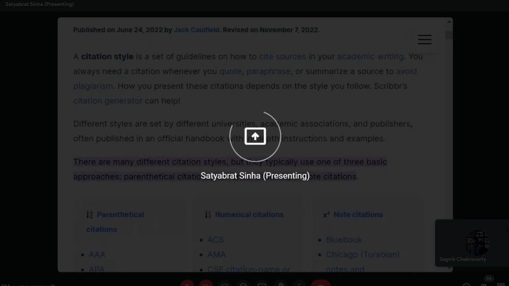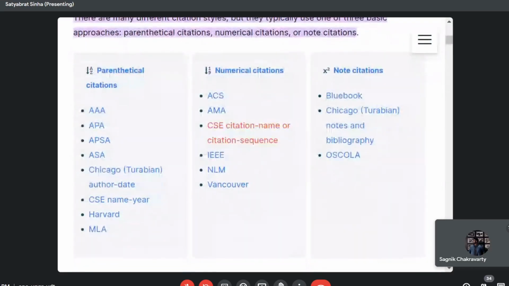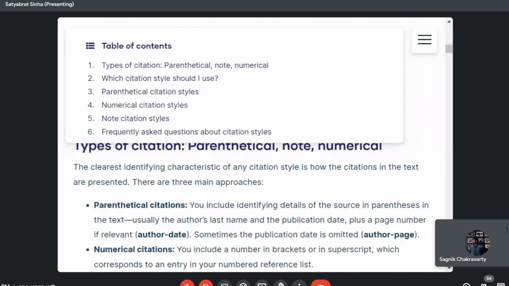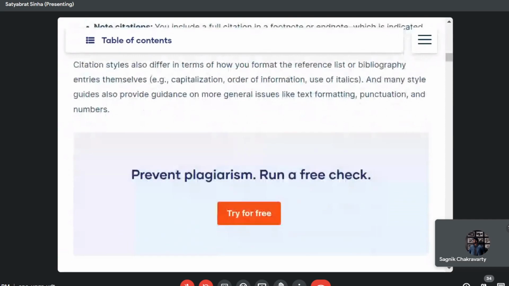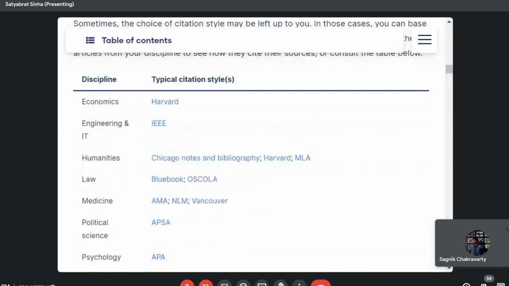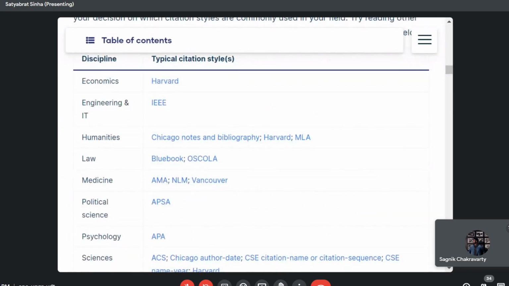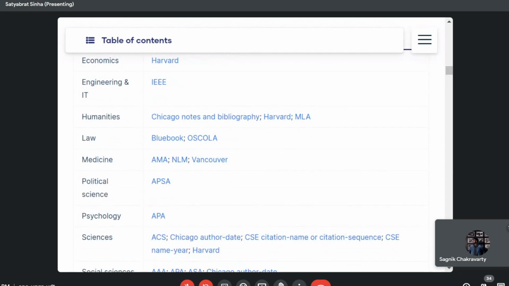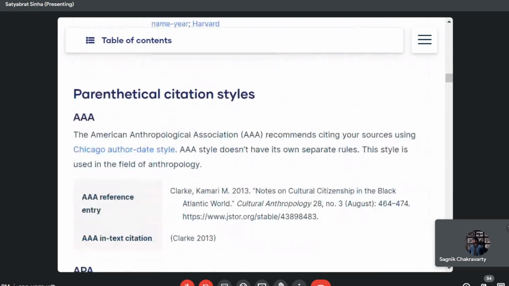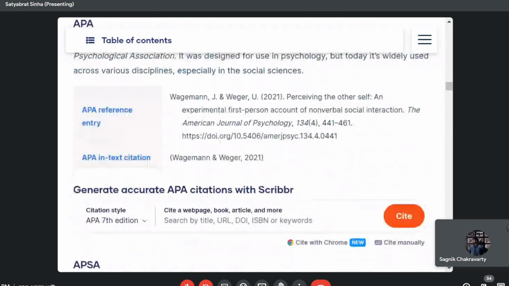So a citation style, if you can see this page, you realize there are parenthetical types, numerical types, and note citations. Usually we generally talk about MLA, Harvard, APA. This page shows two styles here. We're not interested in the Harvard style, and of course they also differ across disciplines. Economics uses Harvard style, though this is generic, not necessary. Humanities uses Chicago notes, Harvard and MLA. Political science uses APSA, psychology uses APA, so it's across. So we'll focus on